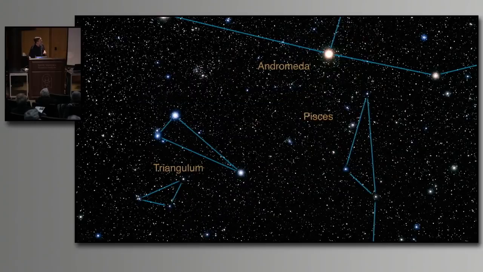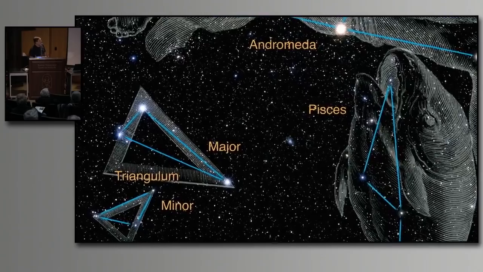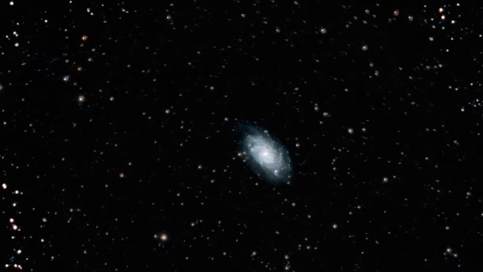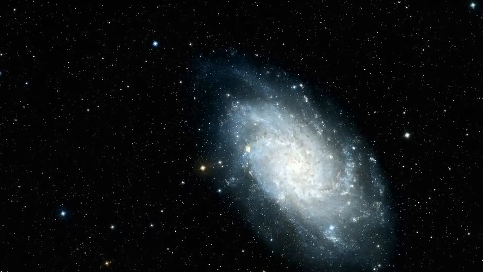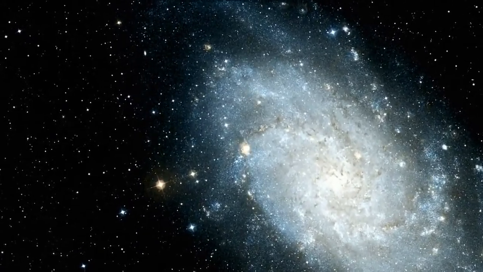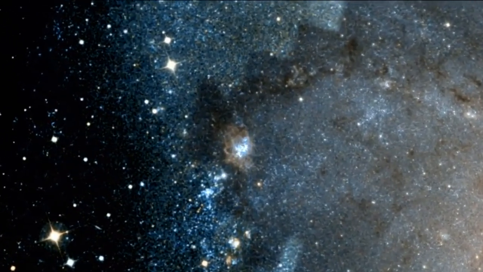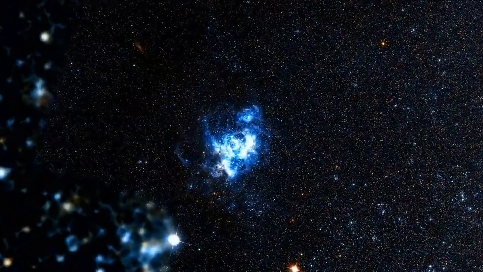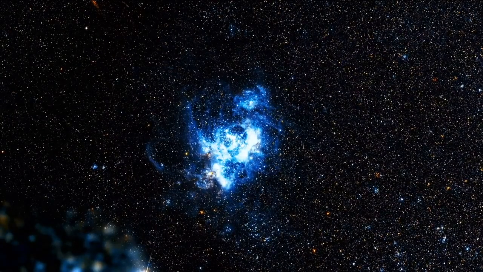So here is the night sky. And if you didn't know, there's Triangulum Major and Triangulum Minor for constellations. And of course, here is our Triangulum Galaxy in the center. And watch how far we get to zoom in to see the full detail of the Hubble image. Yeah, we just keep going. And we keep going. There you go. That we get to the detail of the Hubble image, okay?